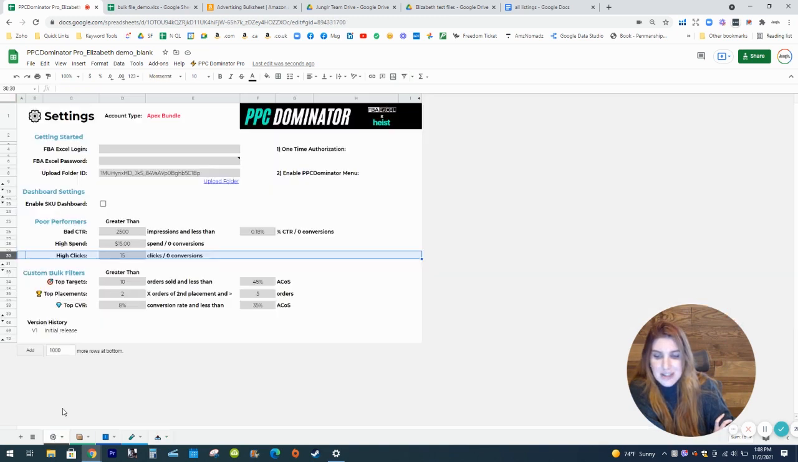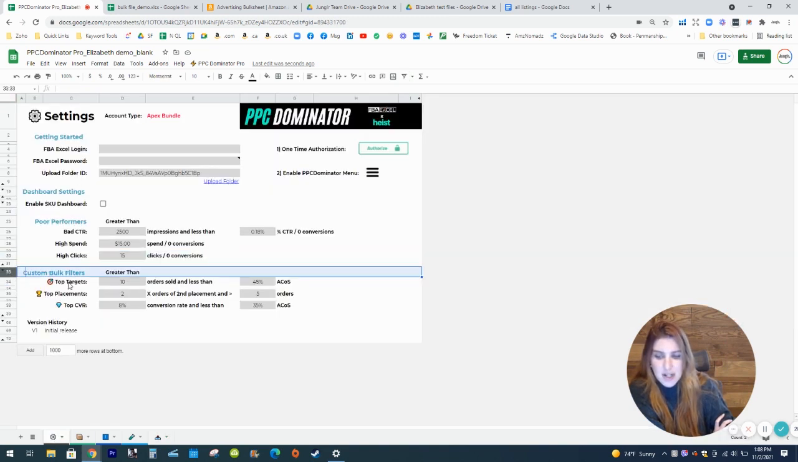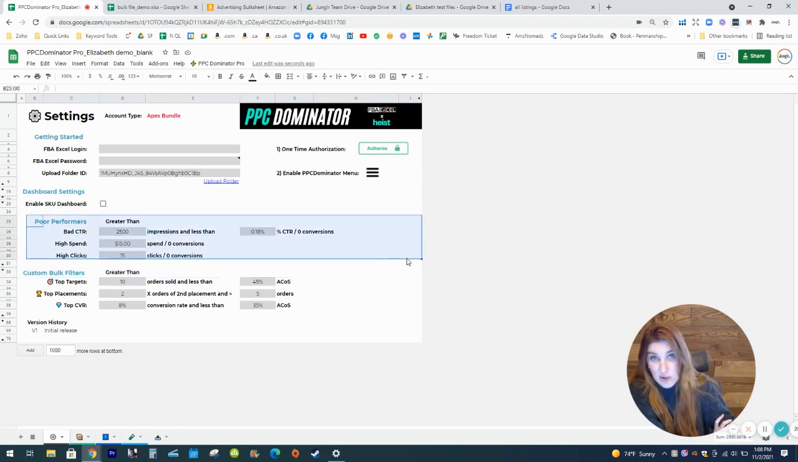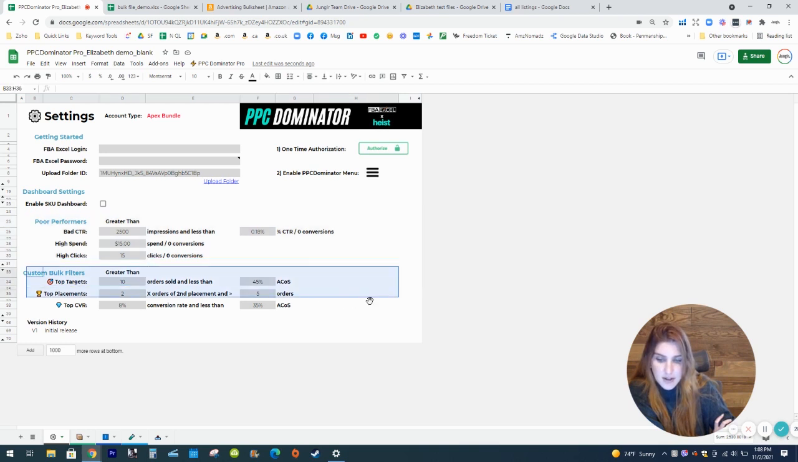All right. So the same exact thing goes for our top things, the stuff that is working. This section helps us identify what's not working so great, and this other section identifies what is performing phenomenally. Maybe we want to manually go in and make some adjustments that will help maximize these, right? So we have our top targets, which are orders